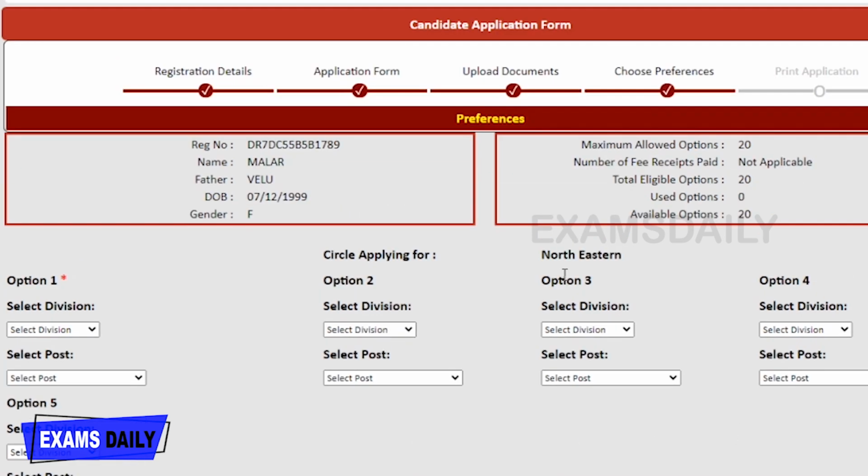Please be aware of these things, and please remember the online procedure is very important. If you fail to do this online application procedure carefully, your application will be rejected. So please be aware of this thing, and all the very best and best of luck from our team for your success and for your examination.